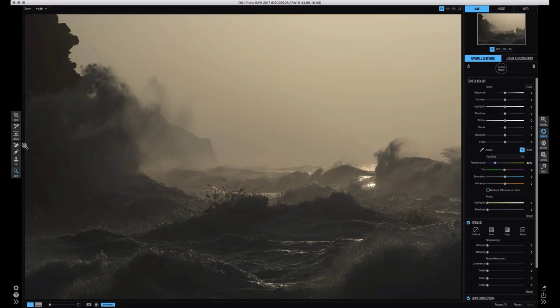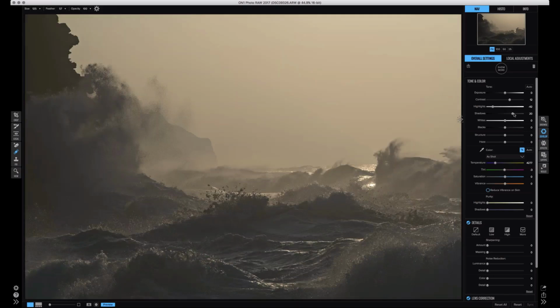Okay, the first thing we'll do just real quickly is pop these dust spots here, just the most obvious ones. We won't spend too much time on it. Looks like there might be one here. Okay, and then we'll do some basic adjustments here in tone and color. We'll give it some contrast. We'll pull the highlights back a little bit, not too far, just a little bit. We'll bring up the shadows to see if we can get some detail out of the rocks here and the